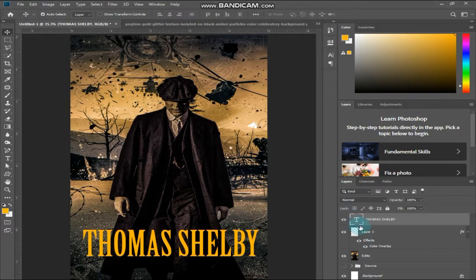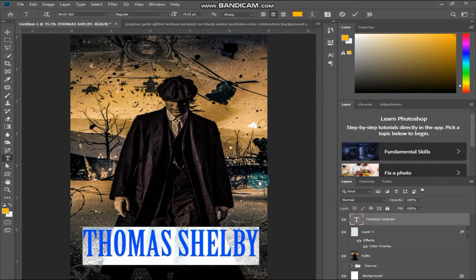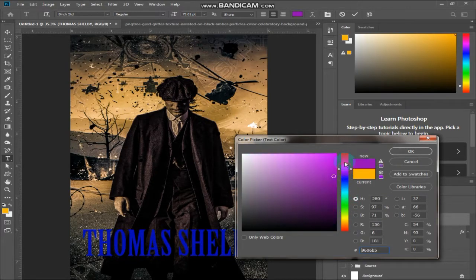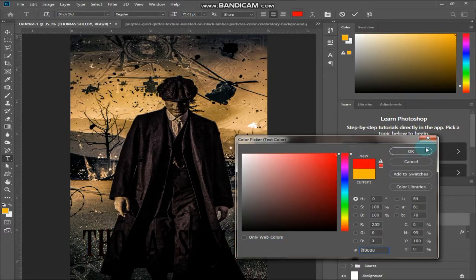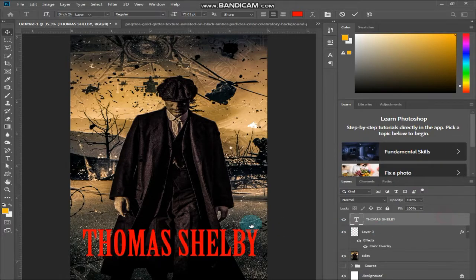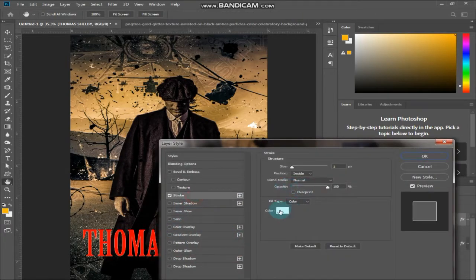So, let's check some other colors. Let's see how they will work. Okay, we will choose a perfect one. The red is doing very good here. Black. No, not black. Yes, red is doing good, or you can say yellow. But no, I will go for red. I will definitely go for red because it's my favorite color too, and it's looking good on it.